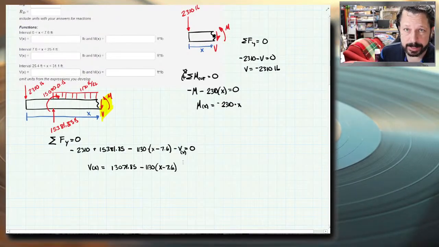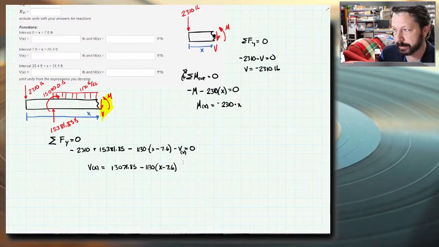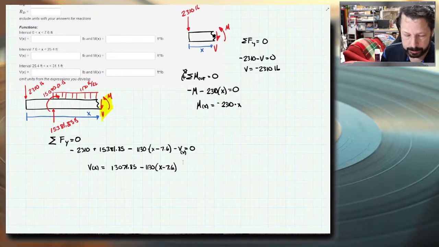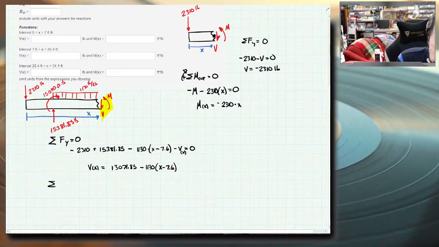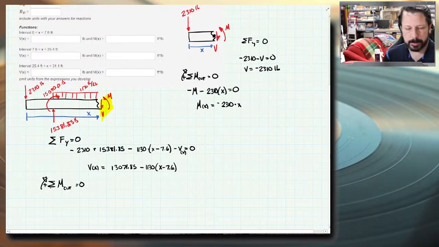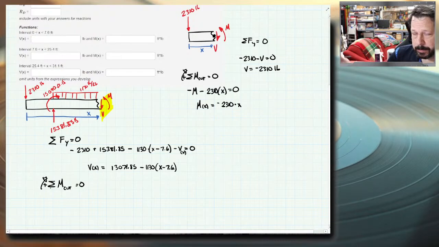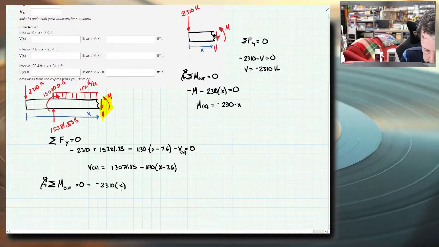We've actually already derived the if-then rules for drawing the shear diagram, but we need to do the bending moment ones. Summation of moments about our cut surface equals 0. Clockwise moments are going to be positive. I usually do these starting at the left end of the beam and working towards our right side. So let's do the negative 2310 times x, it's the first moment,